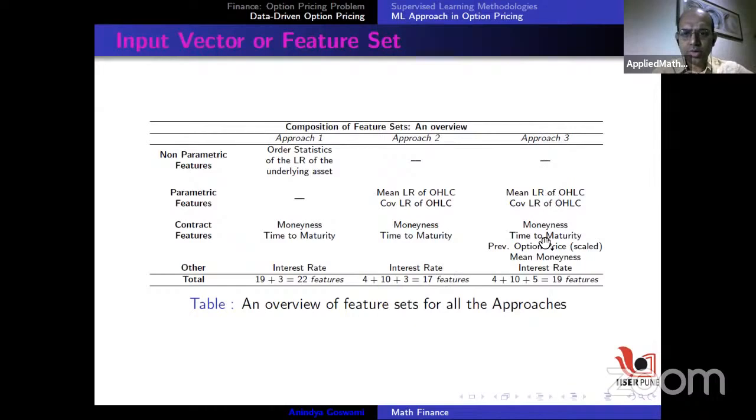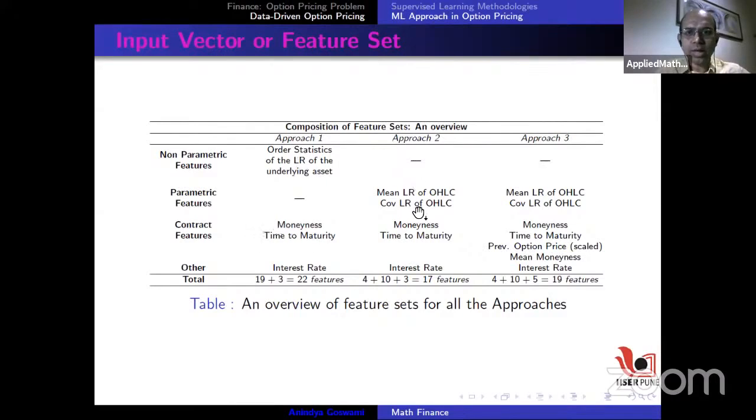There's another third approach where we include the previous day option price. That means if I'm trying to find out the option price of a particular contract today, I am also going to input the price of the same contract quoted yesterday. Okay, so that we also put here. Of course, this has this extra information,